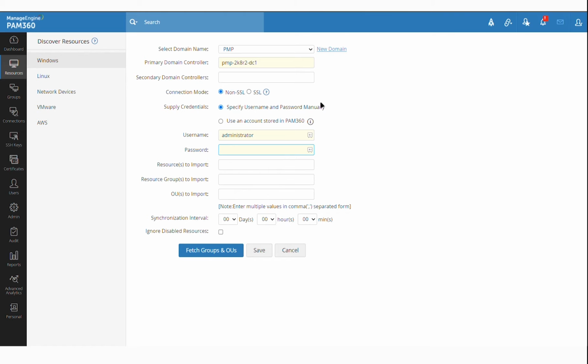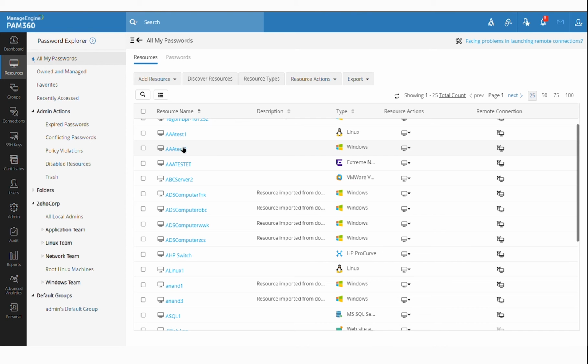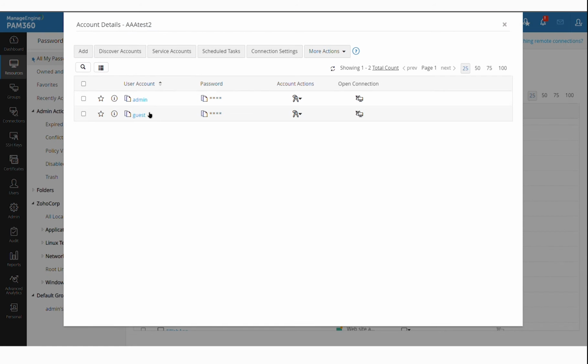All the Windows machines can be onboarded directly from Active Directory. You can just supply the domain details and a login credential. And again, in this area, you can set up a sync interval to make sure any new device added into your Active Directory will be automatically onboarded into PAM. Now the interesting part with the discovery feature of PAM is that it will onboard the device along with all the local accounts